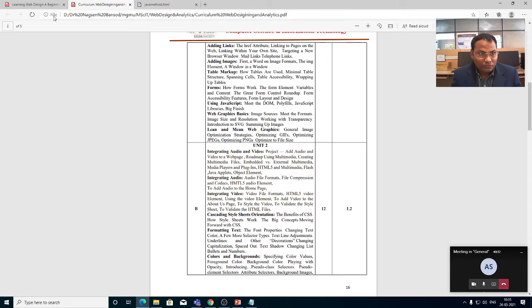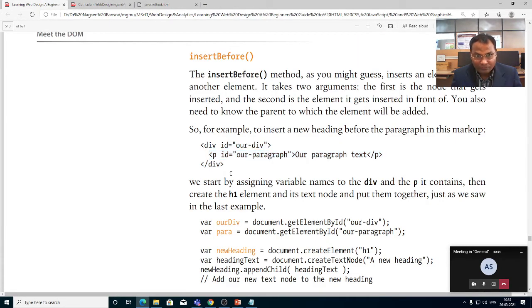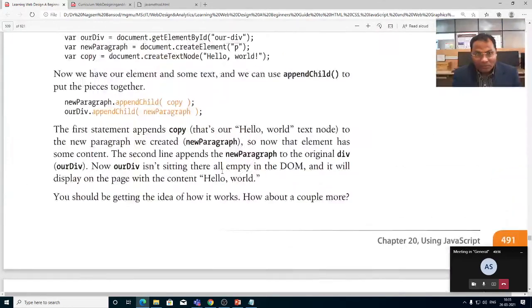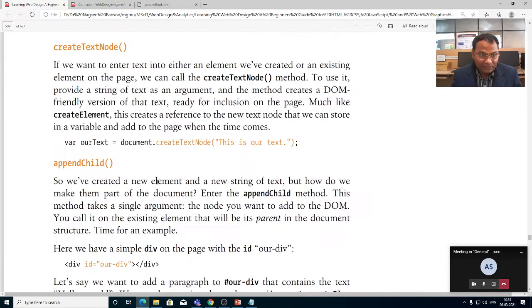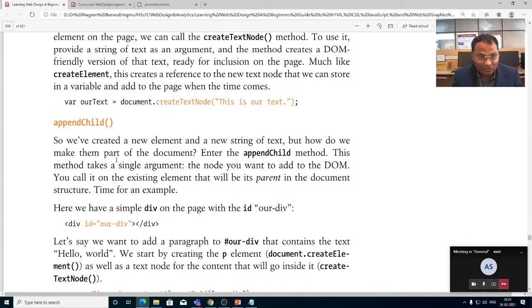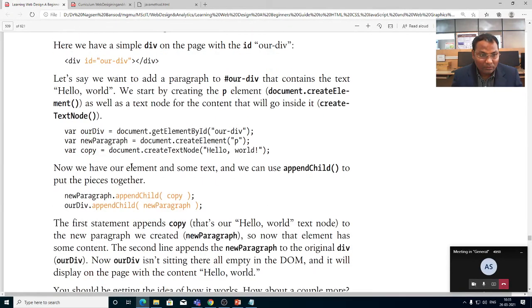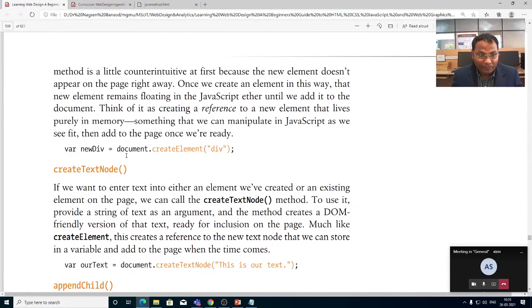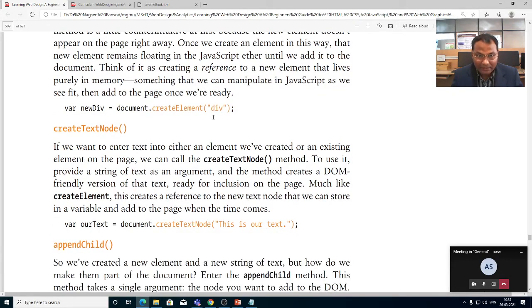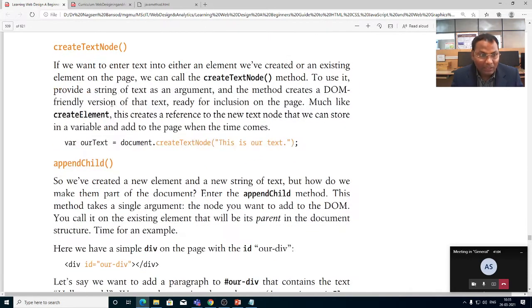So similarly, now you see here are the methods we are learning: create text node, append child, meaning to save the child node. For create, the document dot create element method is used, and in this only one argument we can pass. Another is create text node.